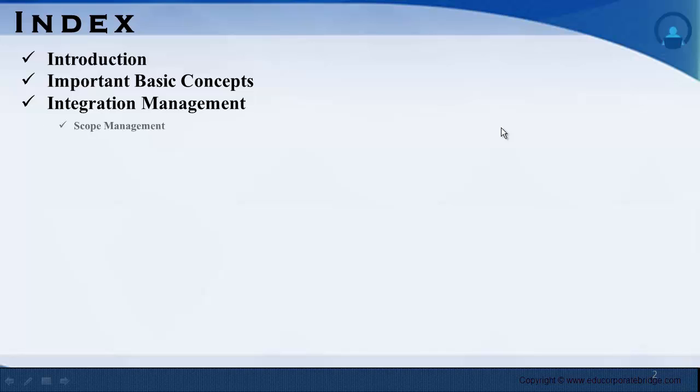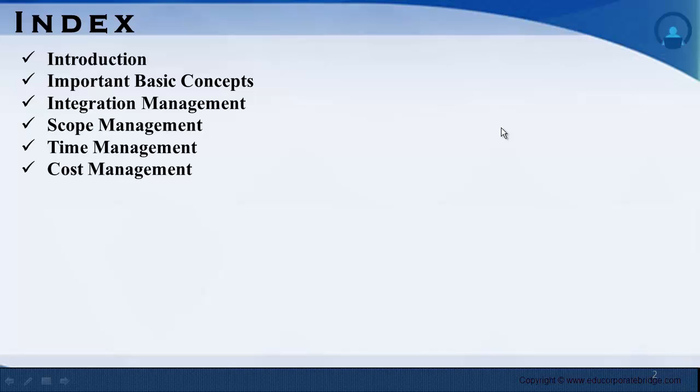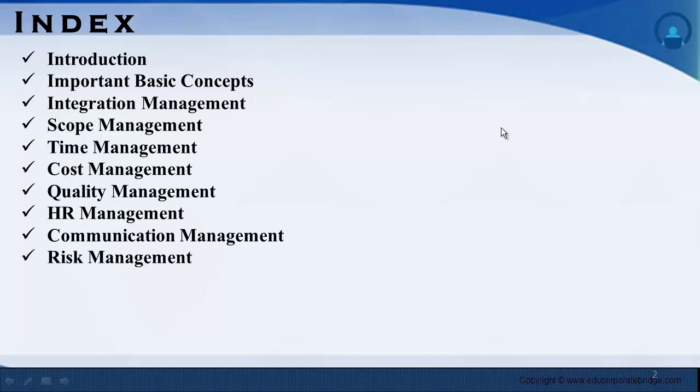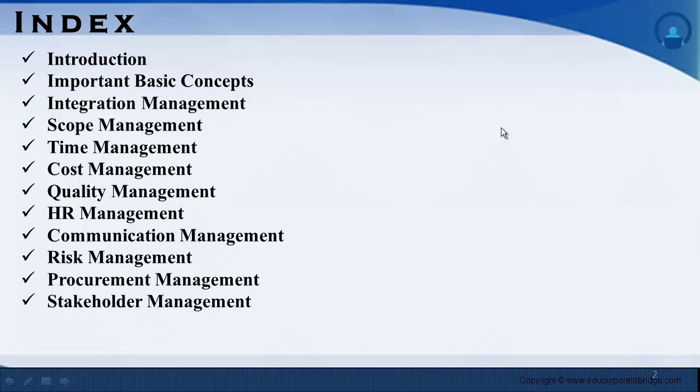First, integration management, scope management, time management, cost management, quality management, HR management, communication management, risk management, procurement management, and finally stakeholder management. At last, we will learn about the steps involved to become a PMP and register for the PMP